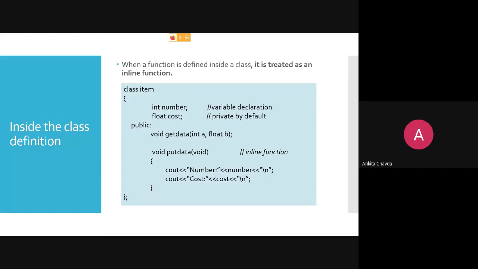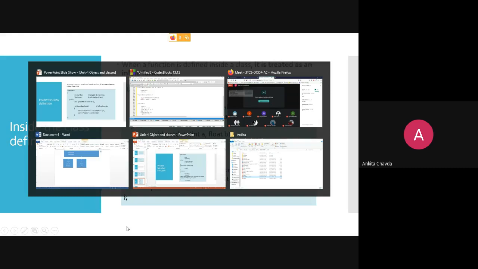So from this unit to your last unit, wherever you are making any program with class and object, you write your functions outside of the class only, every time. So this is the reason. One mark it can be asked why we are not defining our function inside the class. Because my function will be treated as inline if I write it inside. So better I write my function outside of the class. Right?